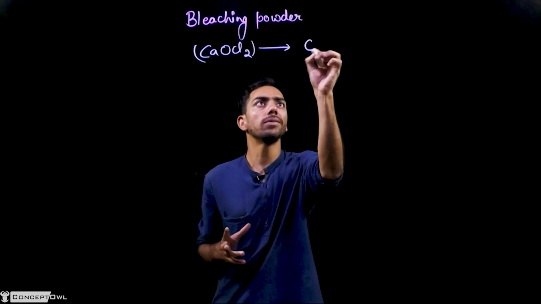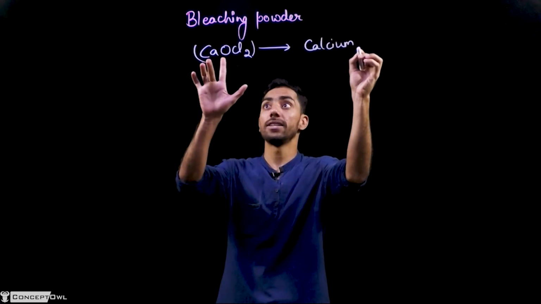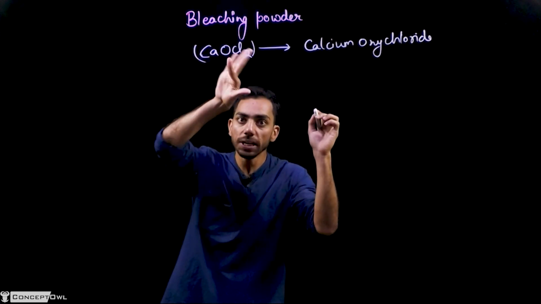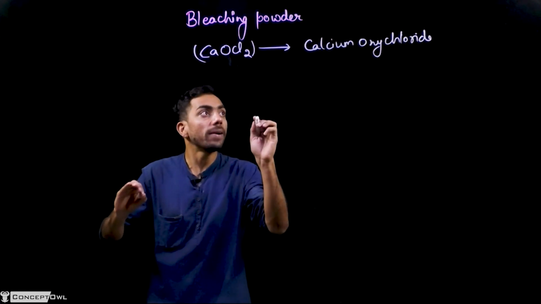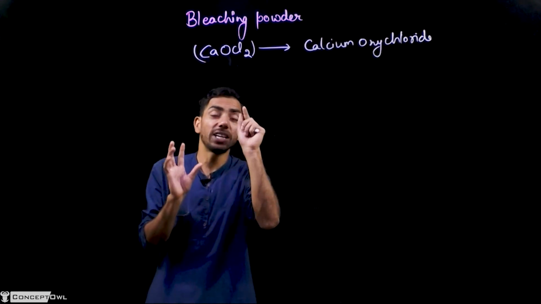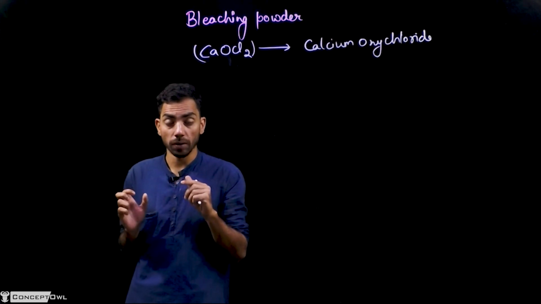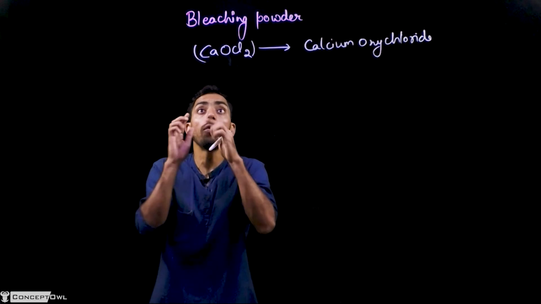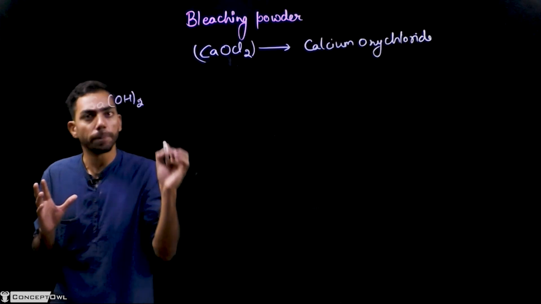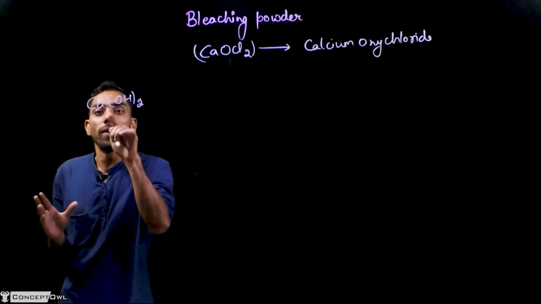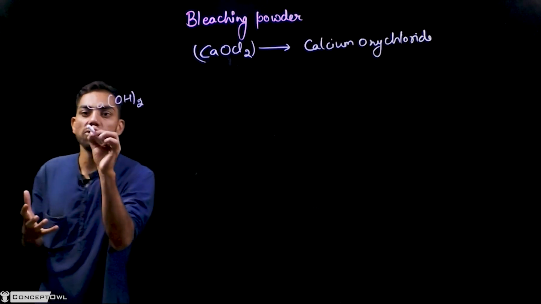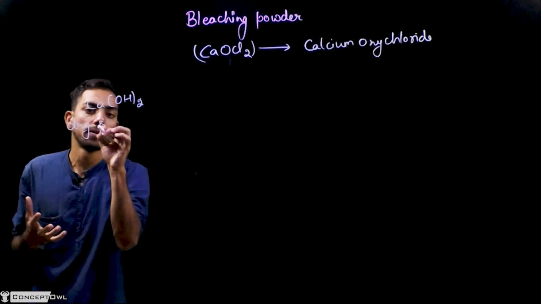What is the name of this compound? This is calcium oxychloride. Simple. Calcium oxychloride. Now next thing is, how can we prepare this calcium oxychloride? So we need a calcium compound, clear, and we need chlorine also, and we need oxygen also. So what can we use here? So for calcium and oxygen we can use this compound. What do you say? Yes, we can use. So what is the name of this compound? Calcium hydroxide, or it is also known as dry slaked lime,